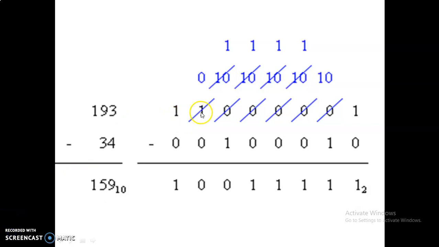In this example you borrow this 1, this becomes 1 0 and then this one is borrowed to this, this one is borrowed to this, then again this will go to this. This is the 2. So these are all the 1. 1 0 means 2. 2 minus 1 is 1. 1 minus 0 is 1. 1 minus 0 is 1. 1 minus 0 is 1 here. So again 1 minus 1 is 0. Here this is 0. 0 minus 0 is 0. 1 minus 0 is 1. This is the example of the subtraction.